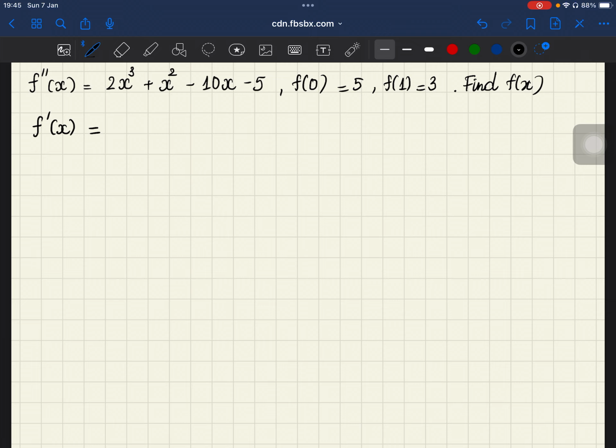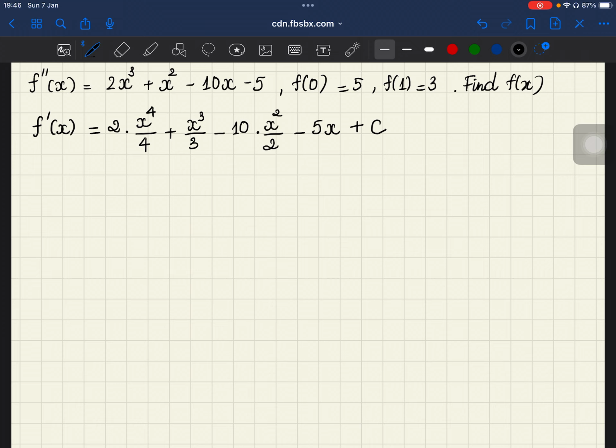So we will have this one: 2 multiplied by x to the power 4 divided by 4, plus x to the power 3 divided by 3, minus 10 multiplied by x to the power 2 divided by 2, minus 5x, and plus c. Okay, so from the first derivative of f(x), we can also find f(x) is equal to 2